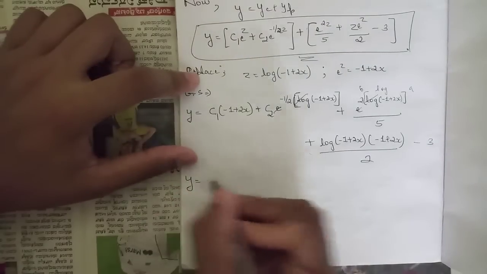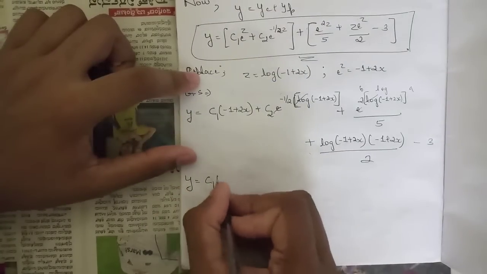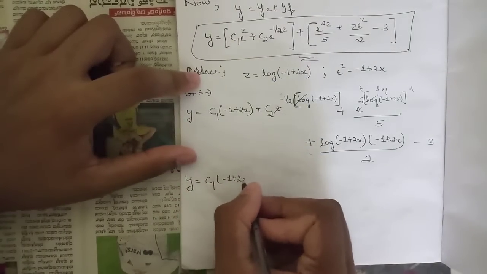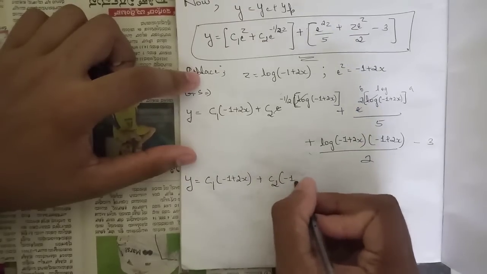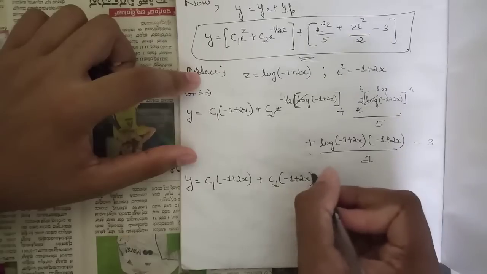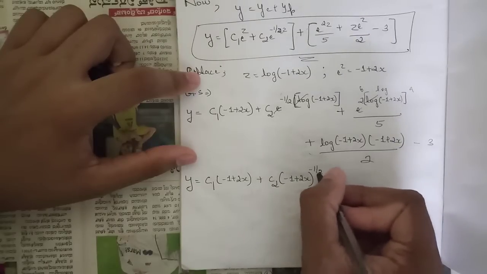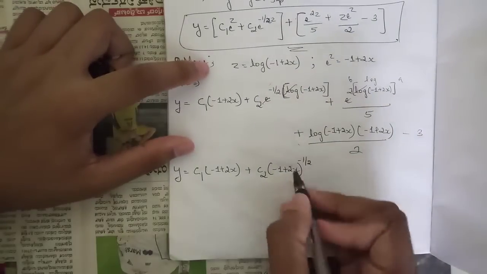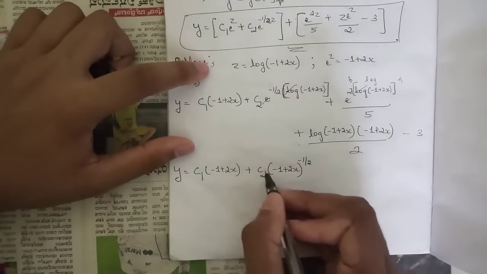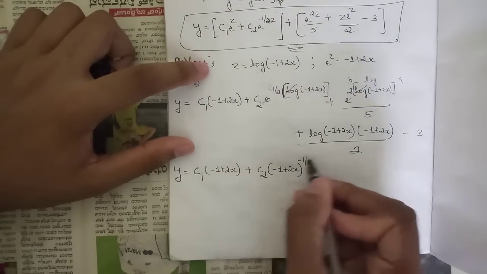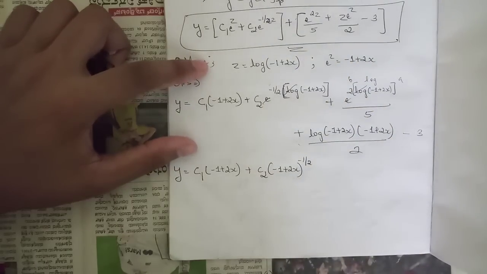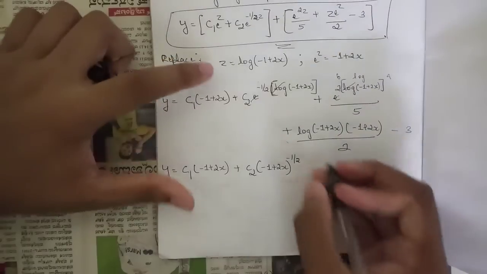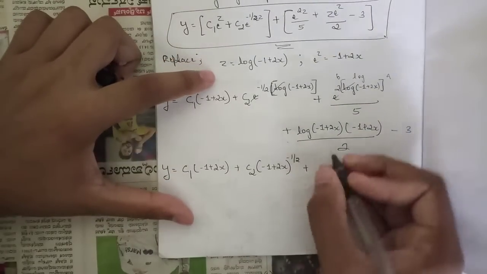Okay, so now y is equal to c1 into minus 1 plus 2x plus c2 into minus 1 plus 2x to the power of minus half, right? Also we can write this as 1 by square root of minus 1 plus 2x. Also we can write it that way, or else we can keep it as it is, plus